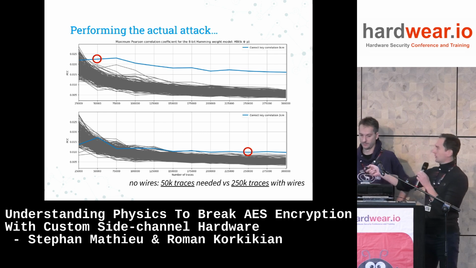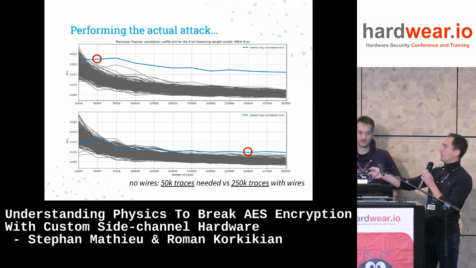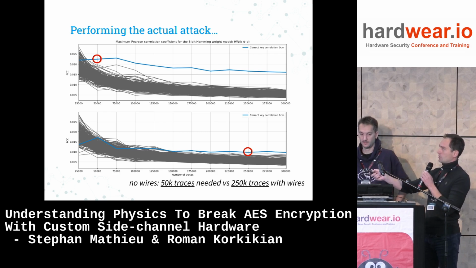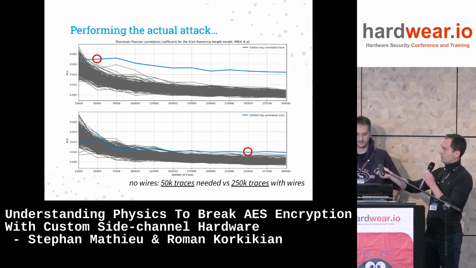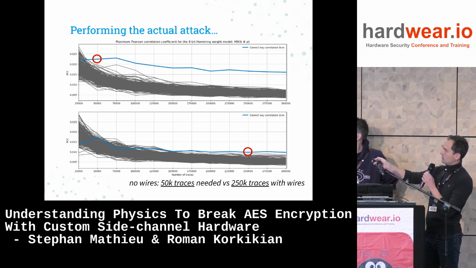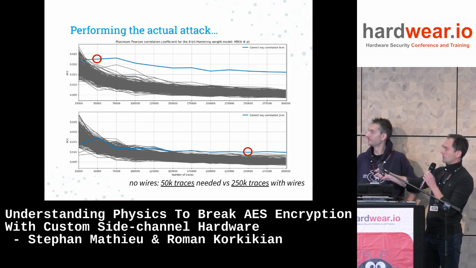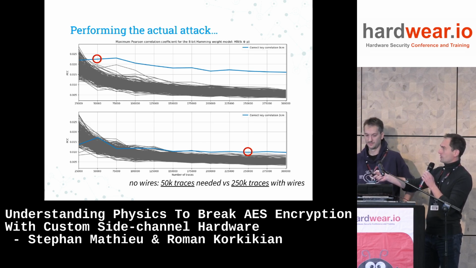It's 50,000. Okay, at 50,000 traces, it keeps high all the time, so we could recover the key fast. When we use 2 centimeter wires, our key pops up significantly later. The distance you see is significantly smaller, so it's more difficult to understand which key is correct. We're still able to get it because it's the highest one, but the number of traces we need to get